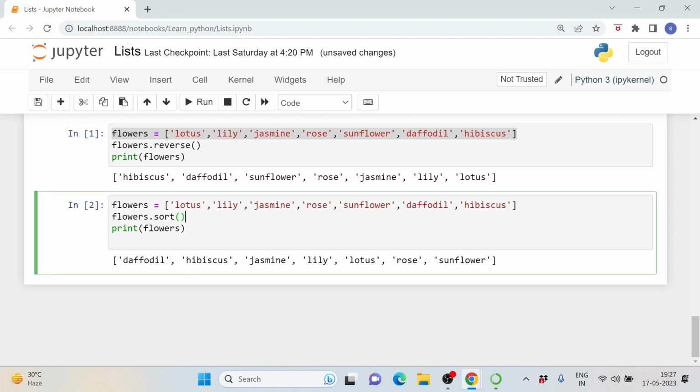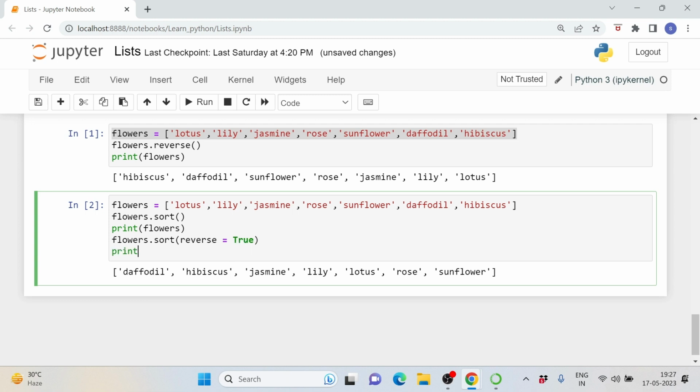In case I want to print it in a descending order, which means it should go from the larger to the smaller, sunflower should come in the first, daffodil should be the last. So in order to do that, I will add another parameter here. I'll say flowers dot sort, and within this bracket I will add another parameter here, which is reverse is equal to true. Now if I print flowers,